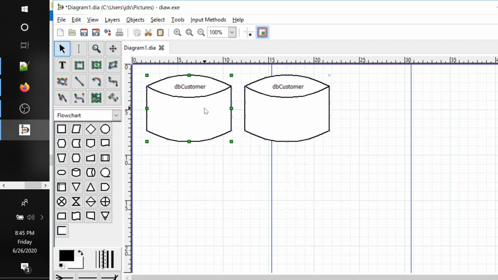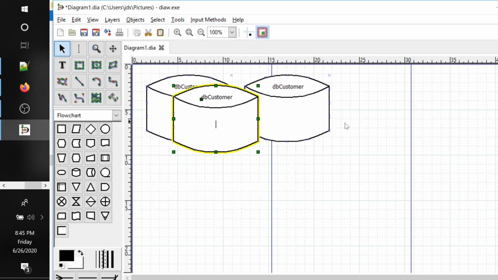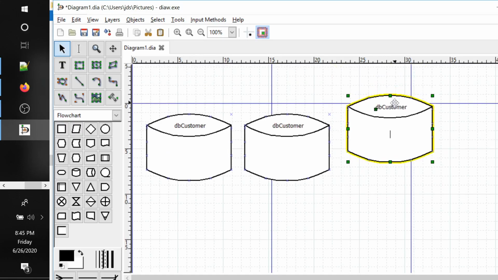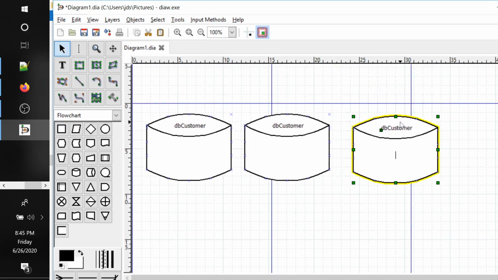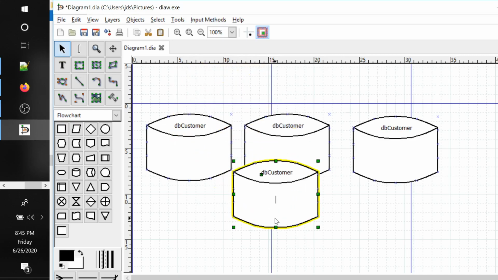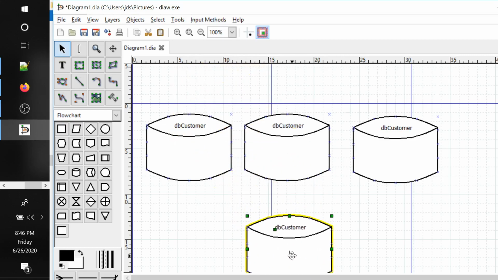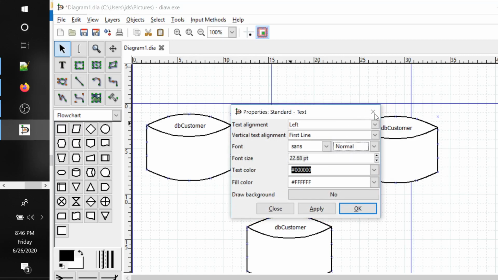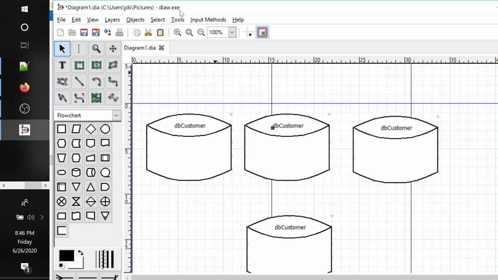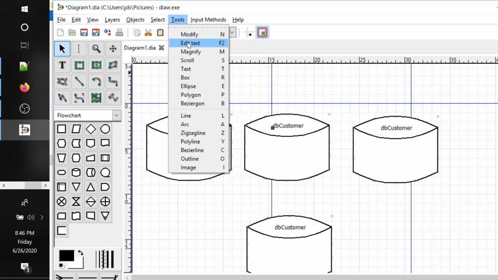Then let me copy this again. I have to go to tools, modify, edit text.